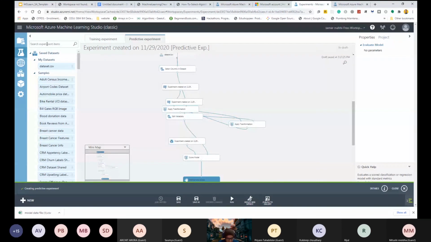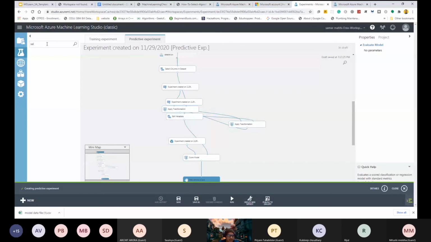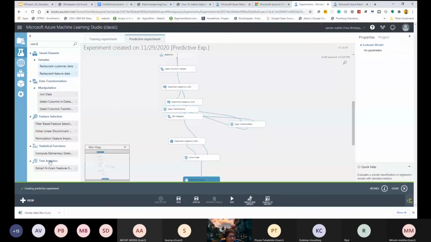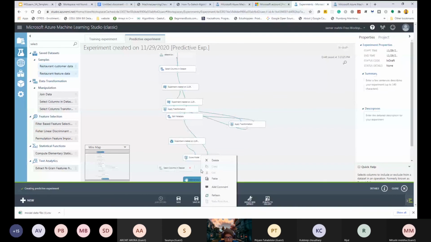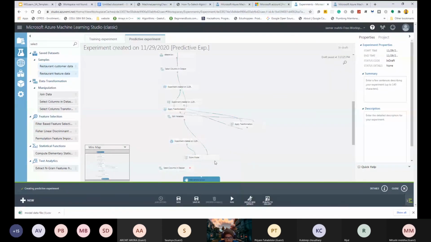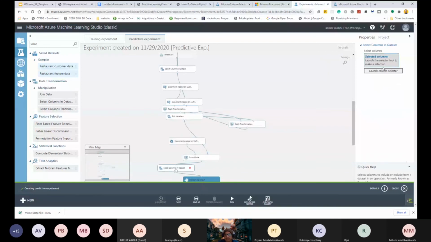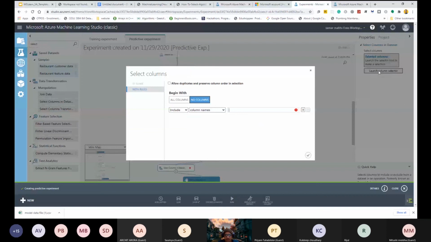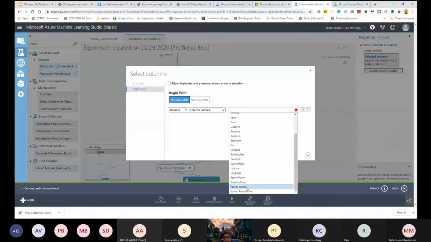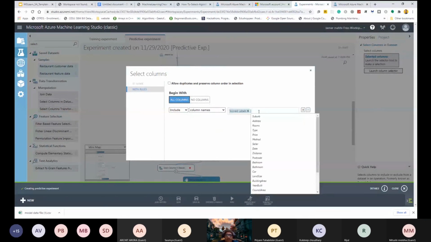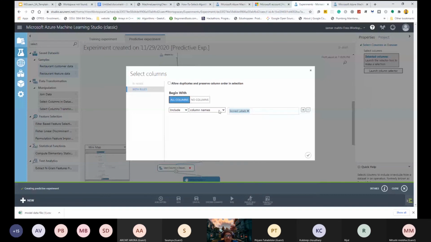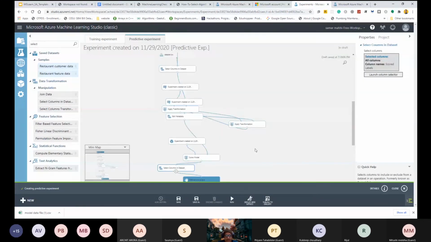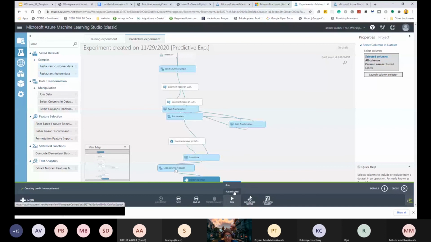So for this we will use another select module. Let's see. Model data set, and just wait. Delete that path, add it. Yeah. And in the select column dataset, we will type the scored label, which is our predicted price of that particular property, जो कि हमें चाहिए, तो हम डायरेक्टली इसको क्लिक कर देते हैं. Yep. Now we will rerun it once again.